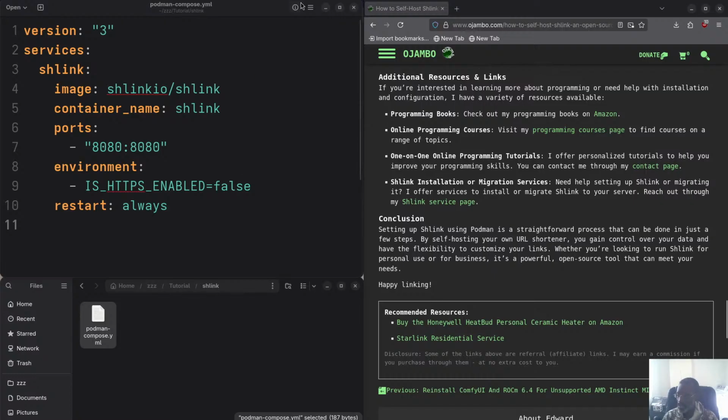All right, so as you can see, the version is three services. Same thing as I explained before. The only difference is I added an environment variable, HTTPS enabled, and I've set that to false. The reason I set it to false is because this is localhost, and I don't need HTTPS. I'm just showing you guys